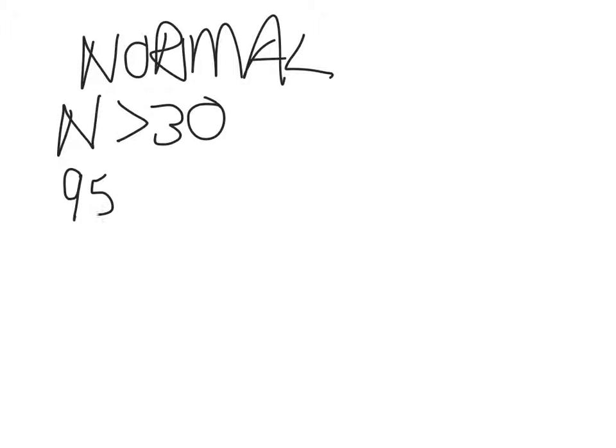So one of the underlying assumptions here is that we have a normal distribution and that our n, our sample size, is greater than 30. And I'll make sure it always is. Okay? So right now, let's look at proportions again. And let's say I wanted to find a 95% confidence interval